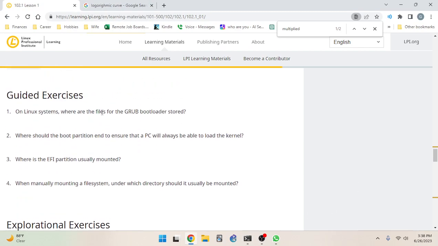But from now, let's go on to the guided exercises. So the first one, on Linux systems, where are the files for the grub bootloader stored? And we know that, so it's kind of a trick question. They're stored in /boot, but the /boot partition can be